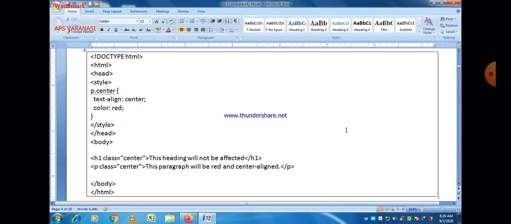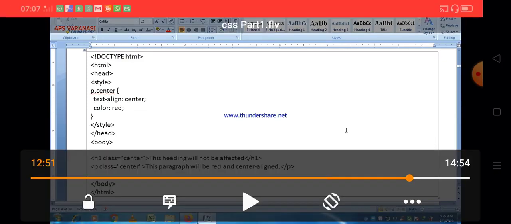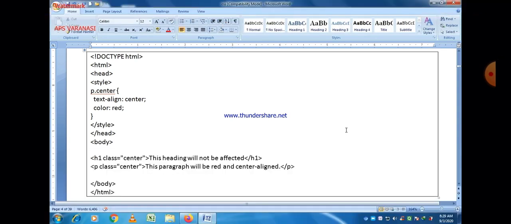And the second important thing is that we write the name of the selector first, and within the curly brackets we write the property value combination. The property and value must be separated by a colon sign, and each property value combination must be separated by a semicolon sign. For the last property value combination also we write a semicolon.